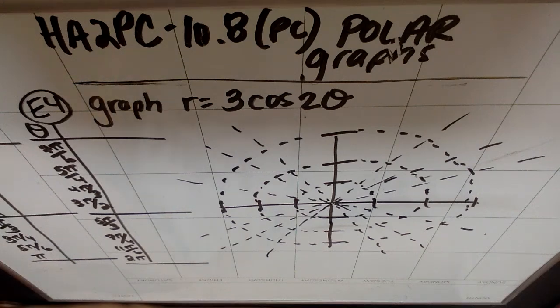This is Honors Algebra 2 Pre-Calculus. We're doing 10.8 in Pre-Calc, which is polar graphing. So in example 4, we're going to do the last one of these that I'm going to encourage you to